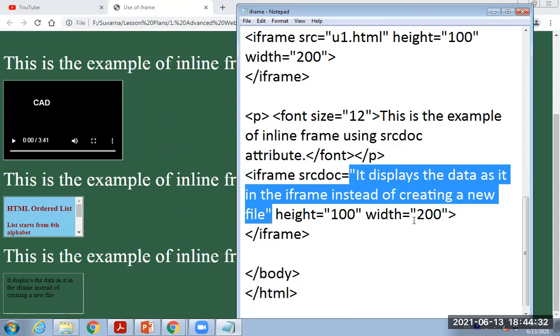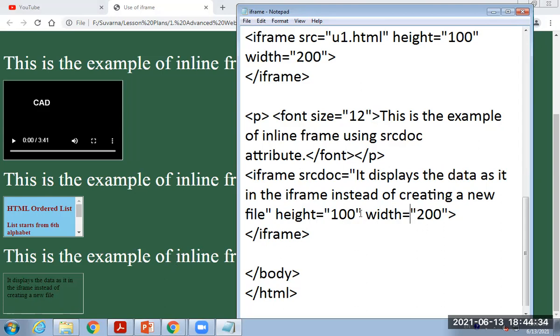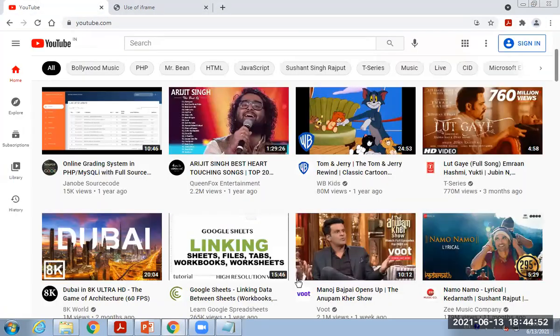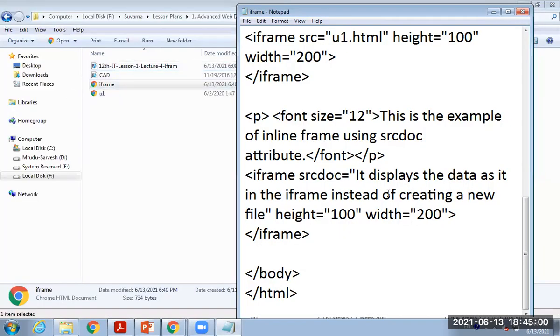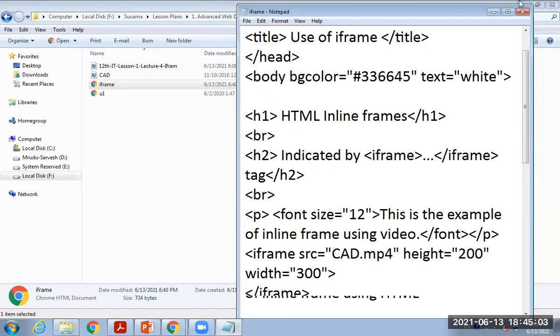Now, if you want to change something, like the height or the width, you can easily change it and see the changes in the output file. This is again simple. Now, whatever output we have seen on YouTube like this, different iframes are used here. We can display such type of output by using a simple tactic in this file.